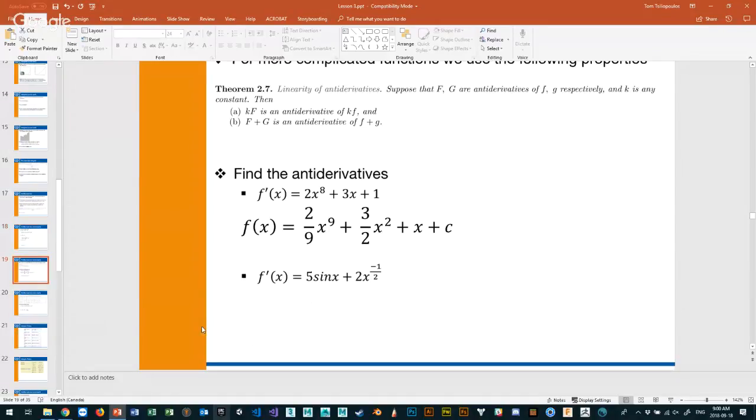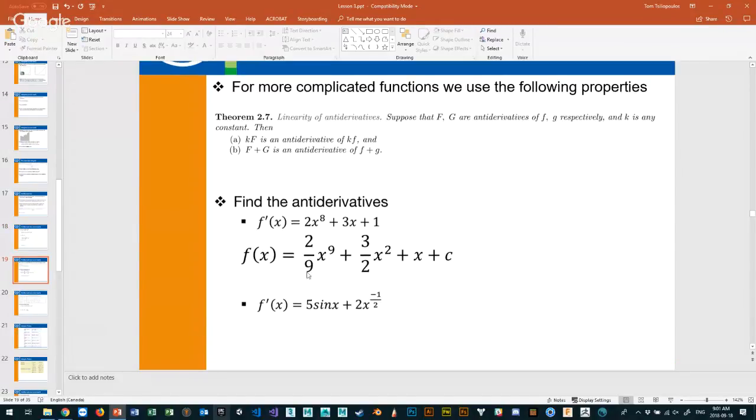All right. So here's another example. I've got, find the antiderivatives. You might see this in your test, right? And it says more complicated functions use the following properties, where k times f is an antiderivative of kf, right? And f plus g is an antiderivative of f plus g. So basically what you're doing is you're taking two separate antiderivatives and trying to figure it out on their own,